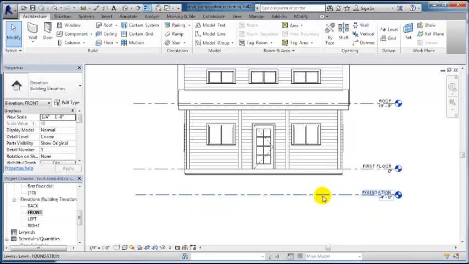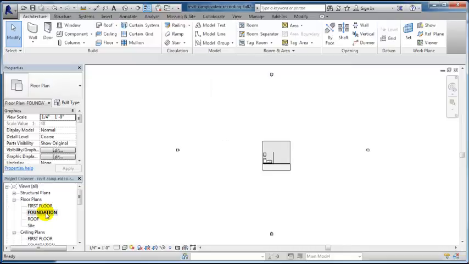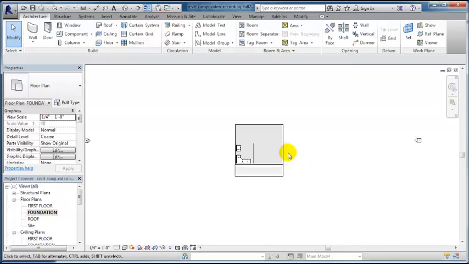Alright, so this is going to be representative of where the slab will be, and then we'll control the heights of everything else based on the position of that foundation level. So for now at 4 feet, that's fine. Scroll back up to the top, and when you look at floor plans, you'll see that there's a new floor plan foundation. I'm going to double click on that, and we'll see